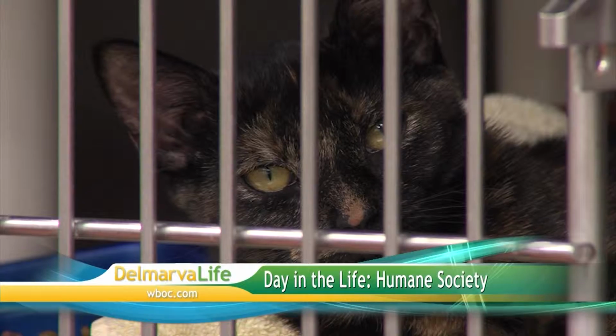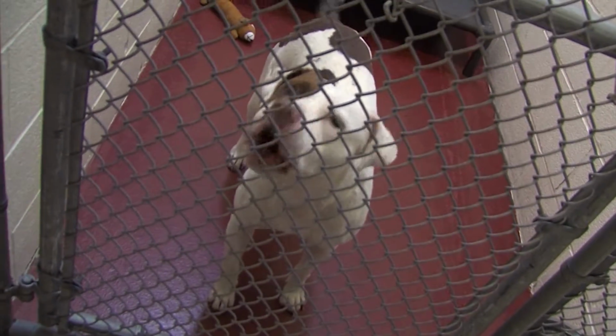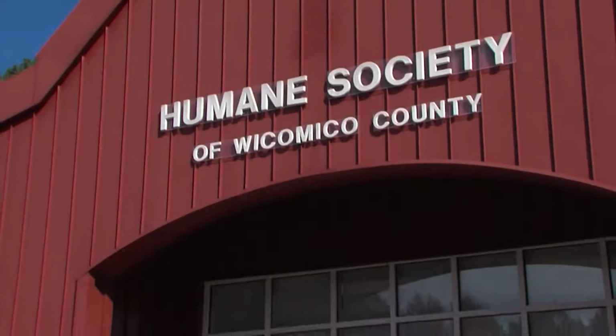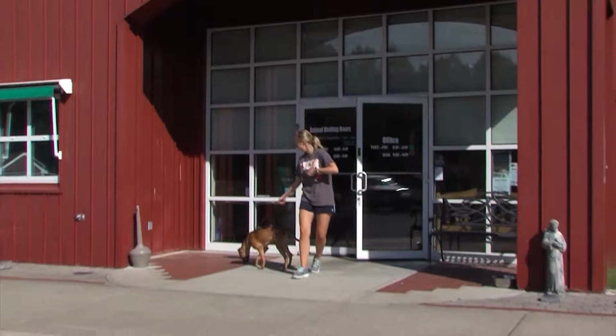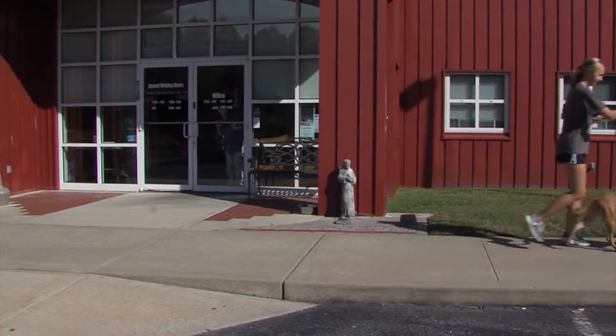Whether it be a stray cat found on the street or a family dog that can no longer be cared for, your local Humane Society is there to take them in. Playing a huge role in caring for these animals are volunteers. The volunteers are extremely important to the Humane Society. The main thing that they do is help us socialize our animals. Our staff is busy doing specialized tasks, and for people to come in and volunteer, help with those animals,